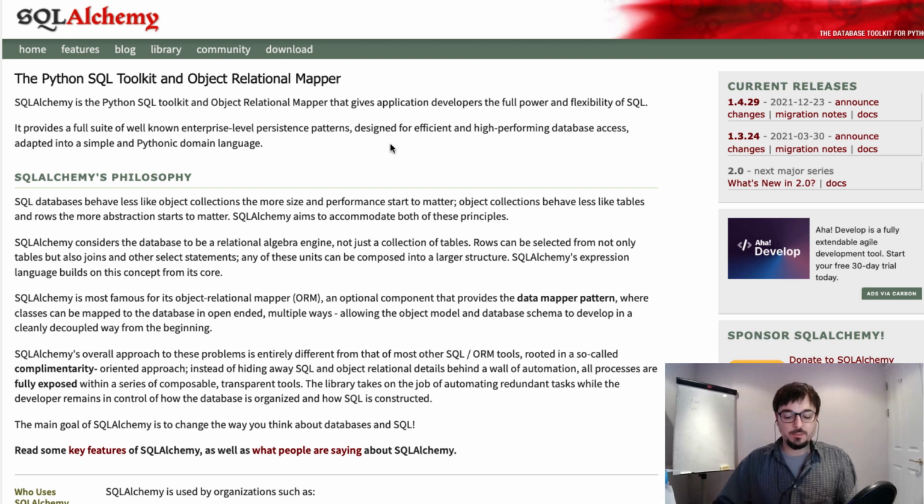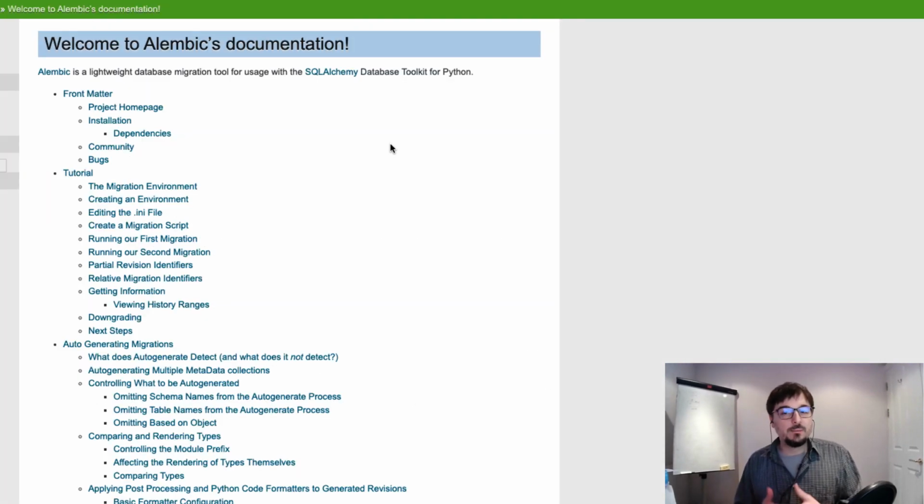Now that's SQLAlchemy. What is Alembic? Alembic is a different library, but it's very related to SQLAlchemy. It's part of the SQLAlchemy project. Alembic allows you to replicate in the database the schemas of the data that you have defined in your code